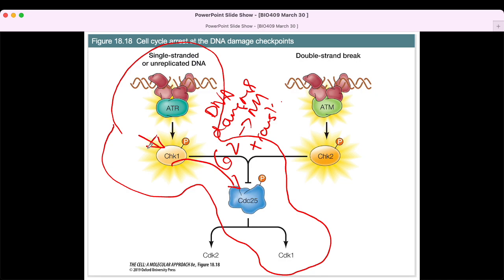the ADK. Yep. Does it matter if, like, does ATM activate CHEK2, which only activates CDK1, or is that just the way the diagram is? So are you thinking about this other part of the diagram? Or just this part on the bottom, right? So CDC25 is going to turn off CDK1 or CDK2, but the way the diagram reads to me is it turns off CDK2 if ATR is activated, it turns off ATM if CDK1 is activated. And so this is a kind of a good thing to see sometimes where the person who created this